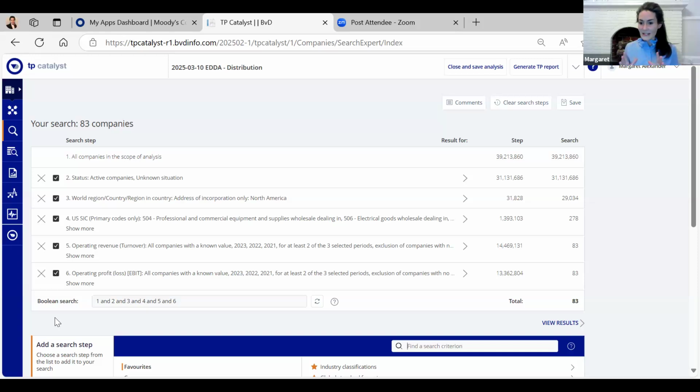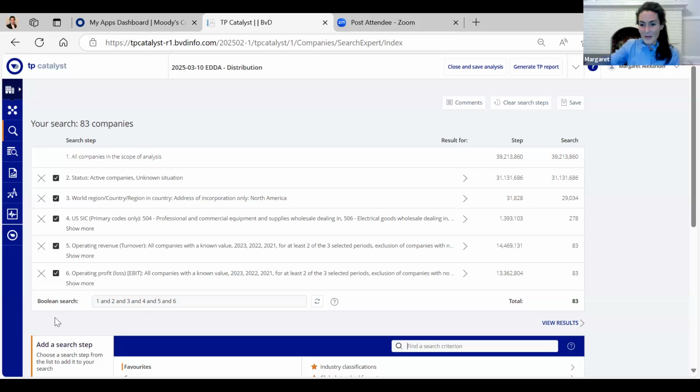They had 17 search steps, and that was a record number. 17 search steps is probably unnecessary, but maybe you need more than the 6 that I have here. But I can't imagine having more than 10 or 12.